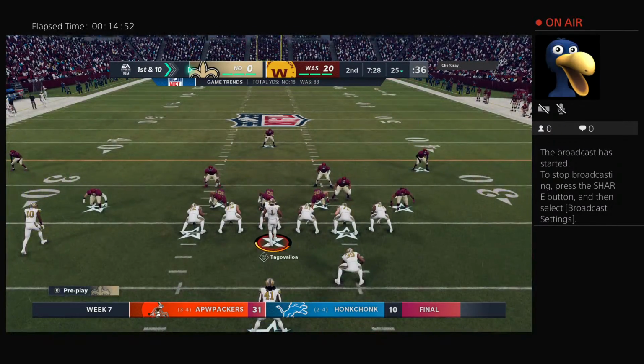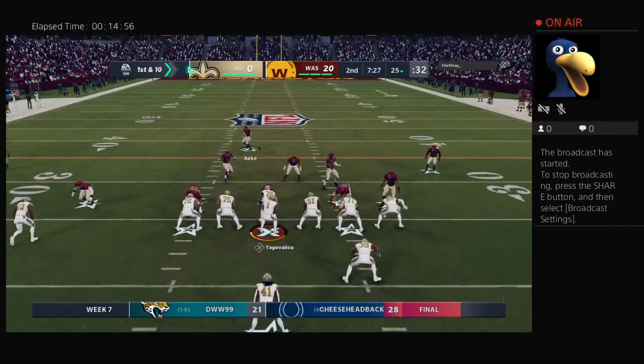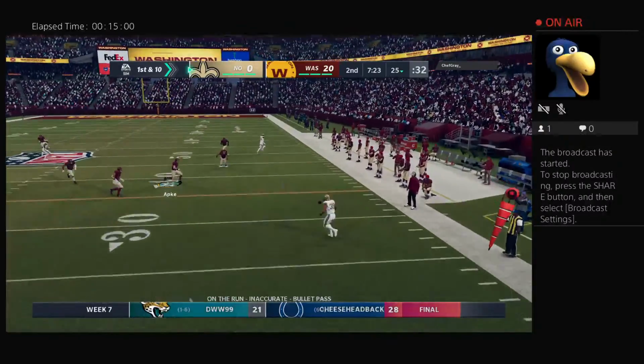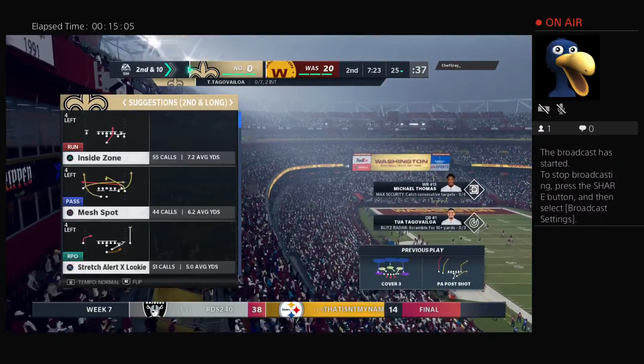The Saints offense on the field, ready to get their drive started. It hasn't gone particularly well for them, that's obvious. In these conditions, no points so far. They've got to get that offense on track. The question, how do they do it? It is the age-old question, isn't it? And to me,